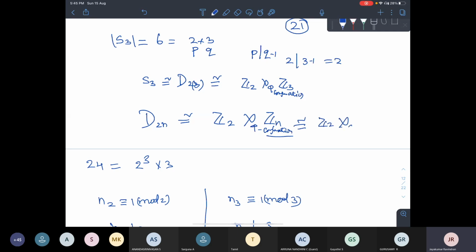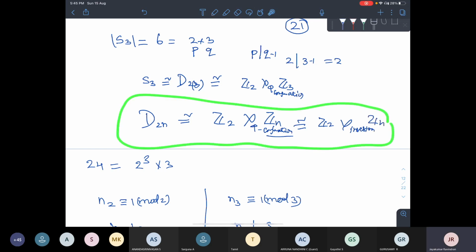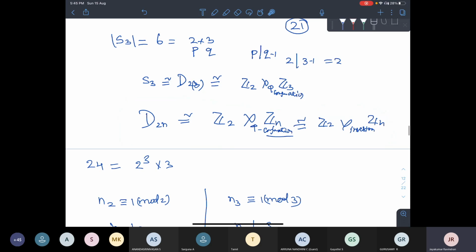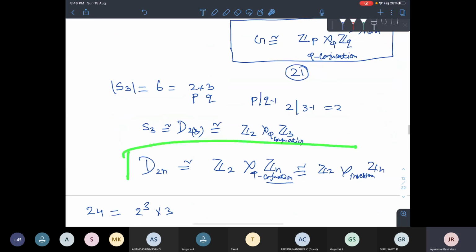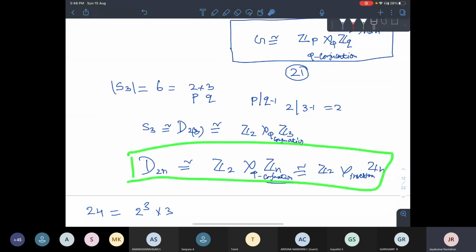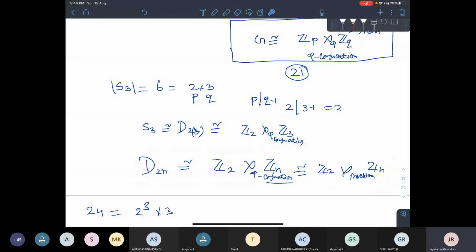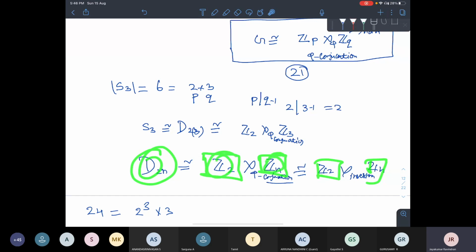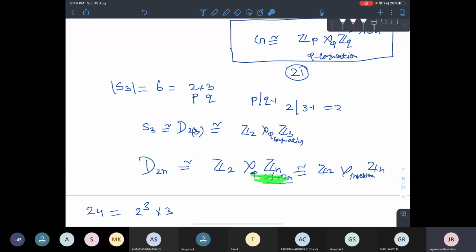I am just telling this so that at some point when you are studying from the book, it will be helpful for you. If you don't know, it's very good, no problem. You will understand it once I have started. People who know, for them it is okay. So the Dn structure is this. Why can't I bypass this? I could bypass this without telling anything, but I told you because of the cyclic groups. Again, the cyclic groups are coming. Even though these are non-abelian, again the building blocks are cyclic groups. So all you have to understand is what a semi-direct product is.